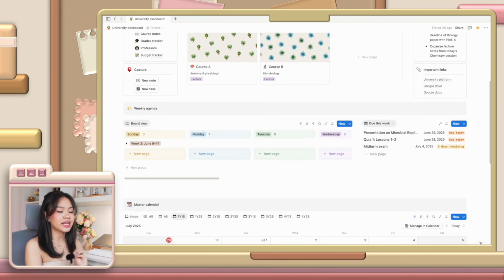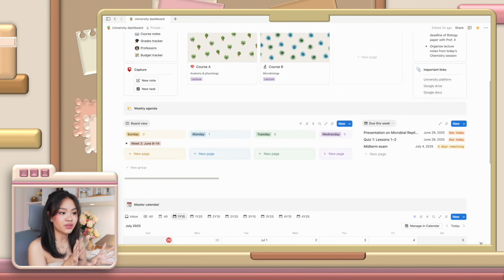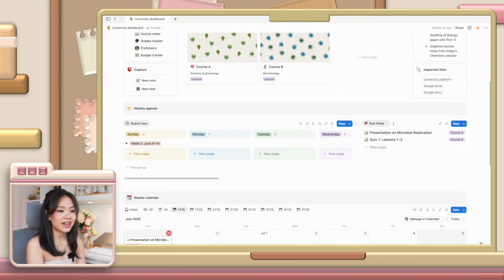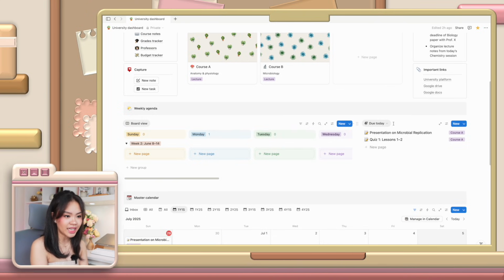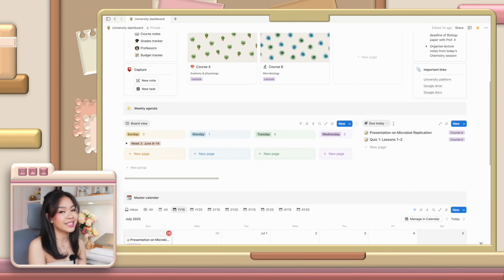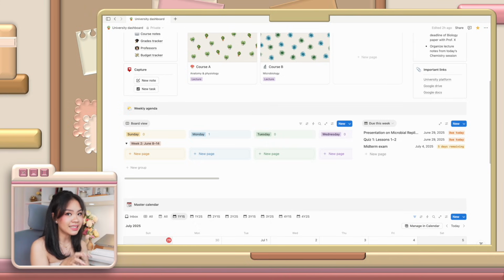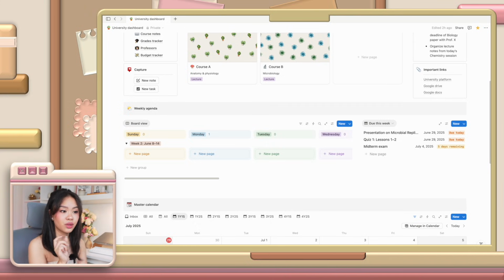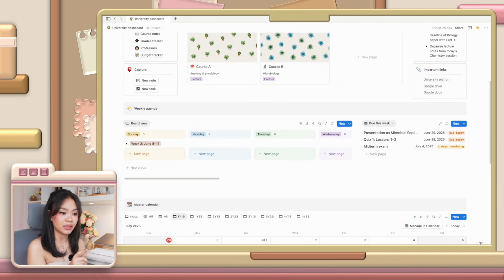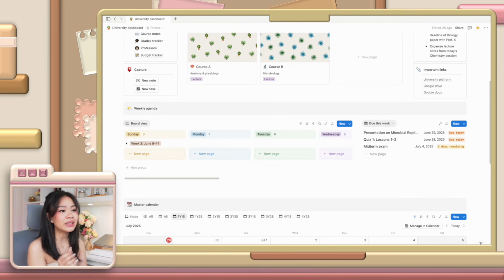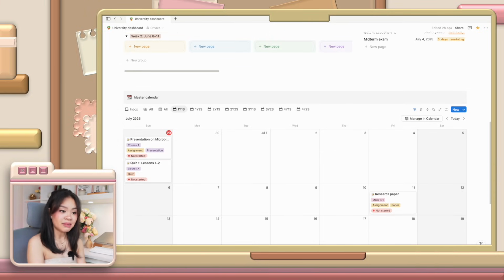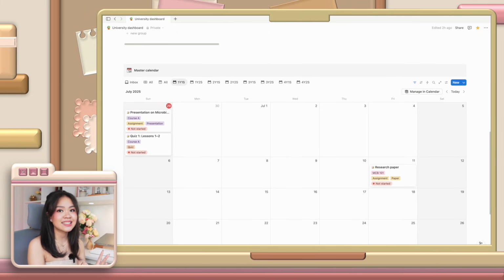So this is where you can organize your to-do list for the day and also for the rest of the week. To help you out with that, I've added two lists on the right. One is a list of all tasks due for the day, and the other is a list of all tasks due for the week. These lists automatically filter out those tasks from your master calendar below, so you don't have to go back and forth when weekly planning, and so you don't have to open each day in your calendar when using your phone. So as I've mentioned, we also have a master calendar below for all deadlines, tasks, and